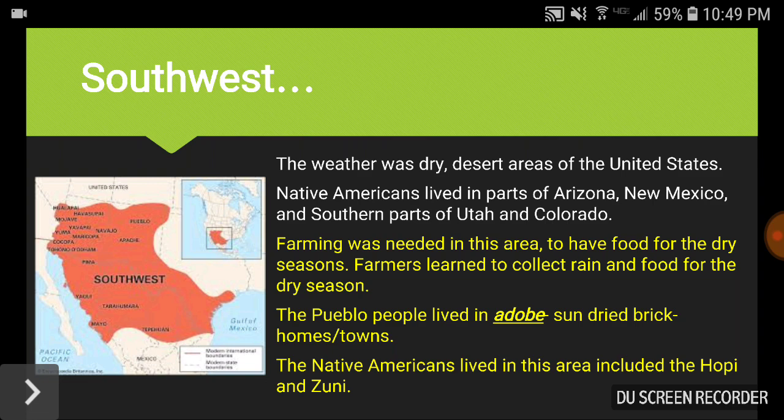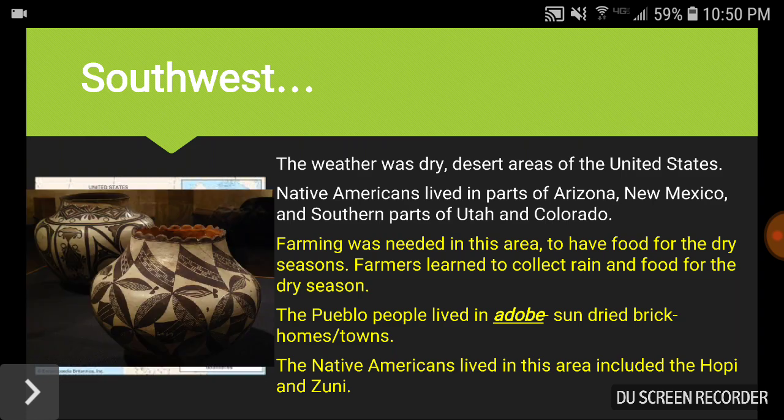Now, because there was so much desert and so much heat all the time, Native Americans had to be creative with how can we live in this harsh desert-like climate? How can we live in these crazy hot conditions where there's barely any water? And what they came up with is that they needed to create a surplus, just like we talked about 2 days ago on our notes, where they had to create or grow extra food so that when it was hot in the summertime and there wasn't enough food to find, basically berries and roots and things, they had to have all that extra food stored up.